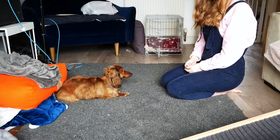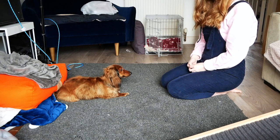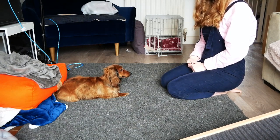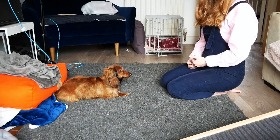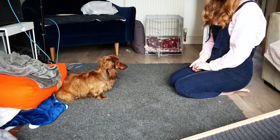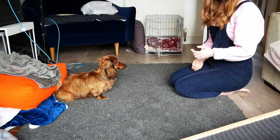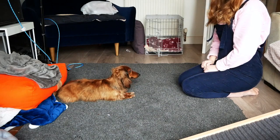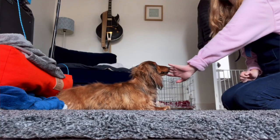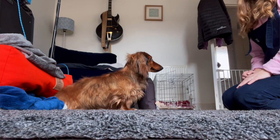So my third command that I'm going to teach you is the leave it command. Leave it is basically as it sounds. So I'm going to ask him to leave something and not take it. So there's 2 ways that you can teach the leave it command. I'm going to show you the most simple way that I've found. So I've got a visual and a verbal command. So my visual command is a stop sign, so I'm almost asking him no,